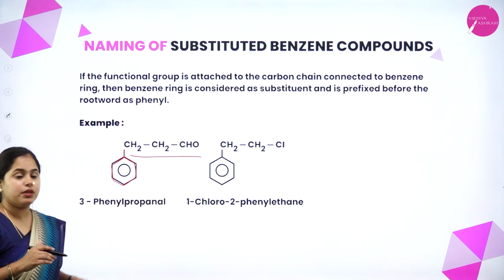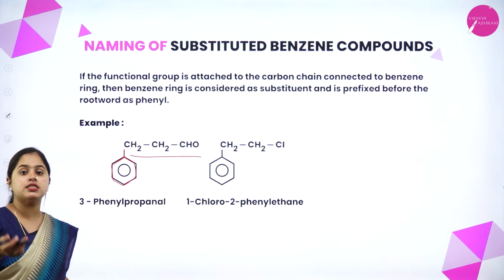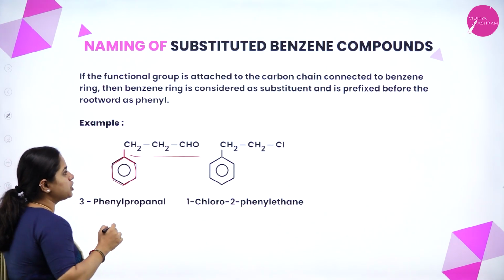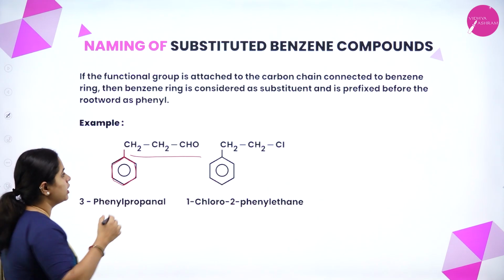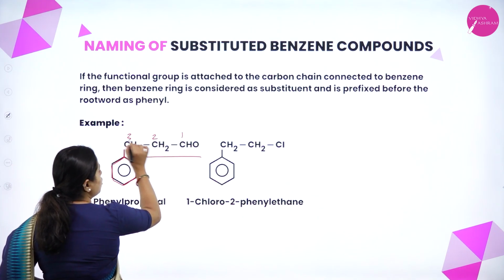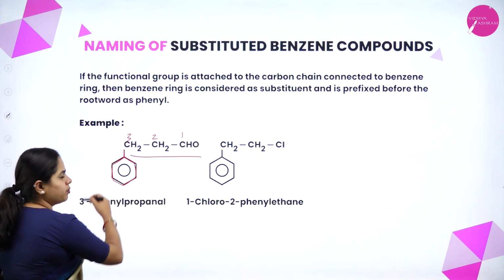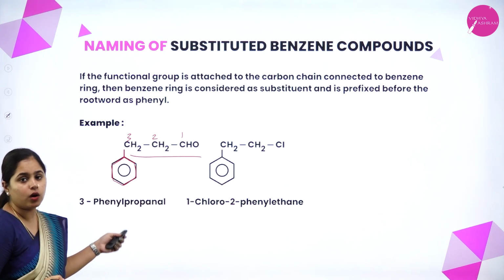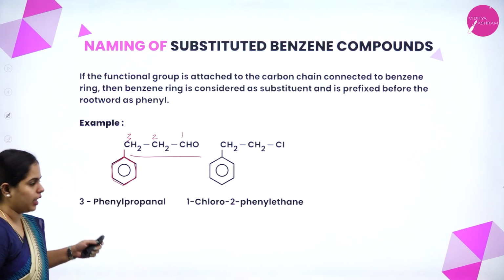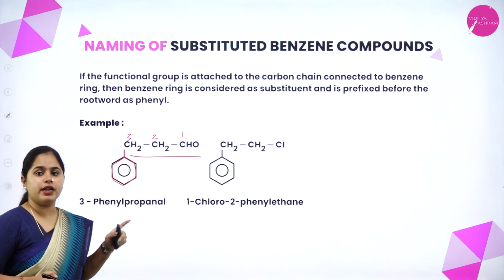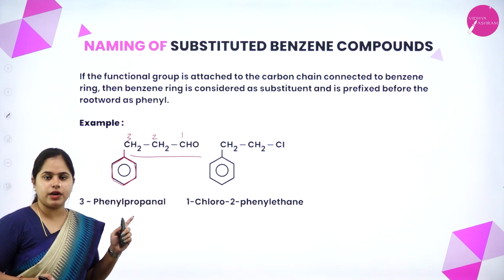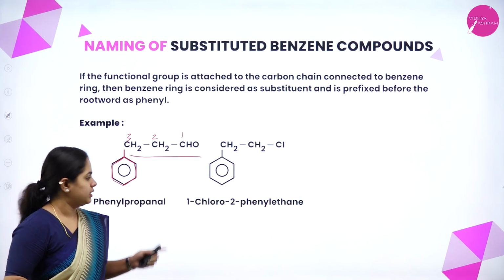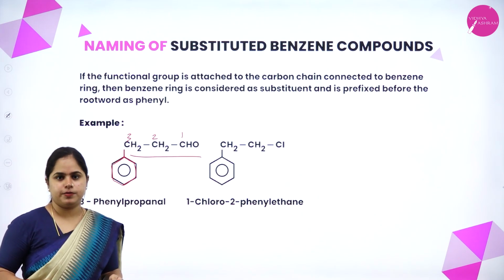Okay, so this is your principal chain and this is the substituent. So how would you name it? This is present as a substituent, which means it should be in the prefix, right? So it is present on which carbon atom? From where should I number it? I should number from here. The functional group is present here, right? So we number from that direction. So on the third carbon atom, you have phenyl. It is not benzene now. It is prefixed, so it is phenyl. 3 phenyl. How many carbon atoms? Prop. Yes, 3 carbon atoms, so it will be prop and the suffix will be al. So 3 phenyl propanal, right?